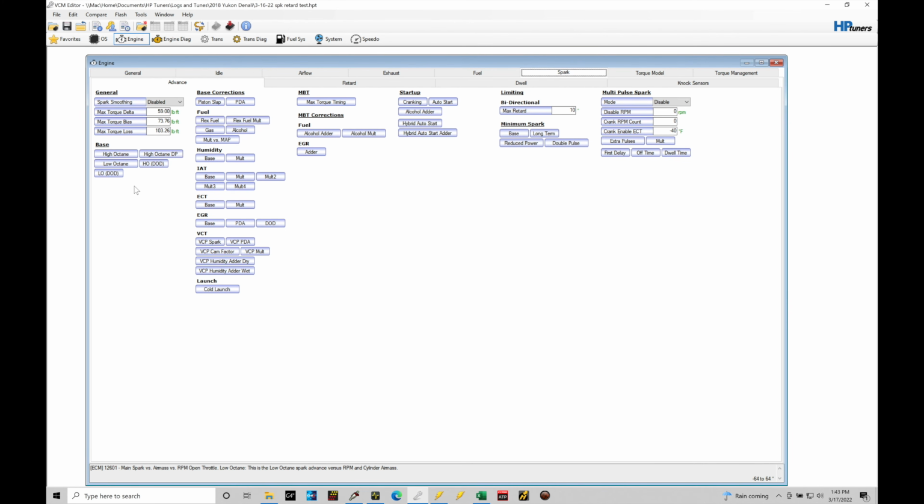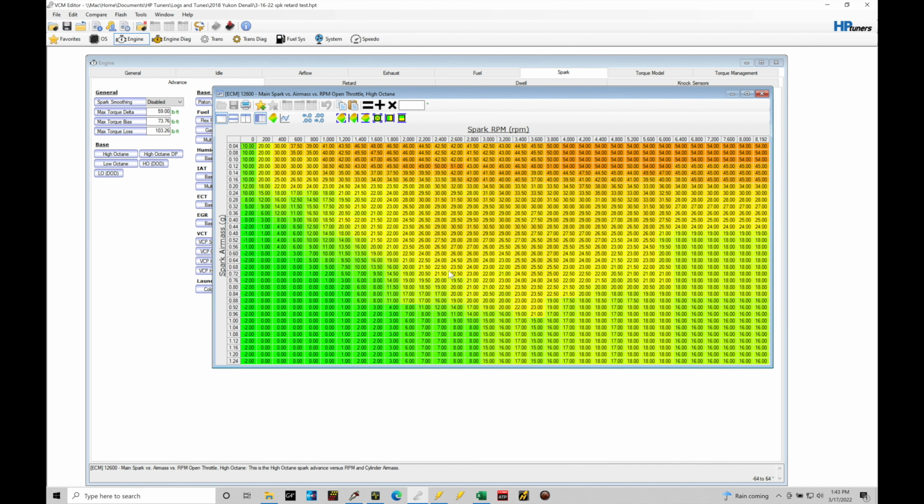And then if we're fitting this back into the base table values here, we command a spark timing to happen in the base table. It goes through all the modifiers. We fire off the spark plug wherever it's going to be on the compression stroke. What we're trying to achieve is the maximum pressure from that combustion process. So the fuel and air are compressed in our compression stroke. We fire that mixture off somewhere on that compression stroke before the top dead center point, where we fire it off in terms of the spark timing amount that we command here in the table. So see all these values in the table, they're moving around based on the load, based on the